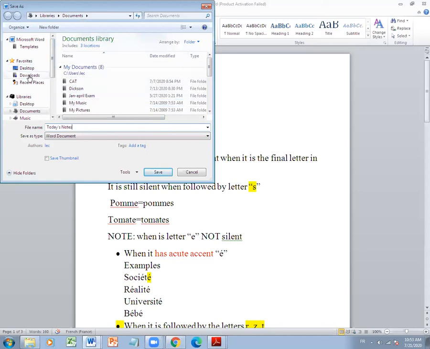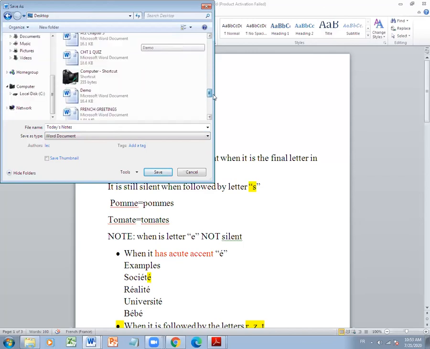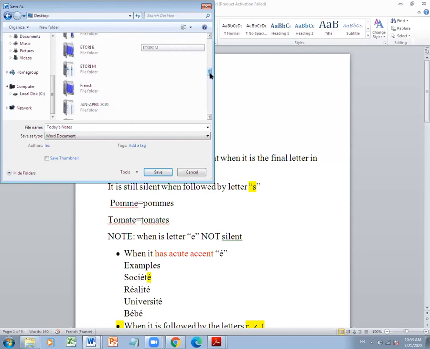So let me save this. Okay, save it, Mwalimu, then I can have a look at it later as well. Yes, it is important. Let me put it under the